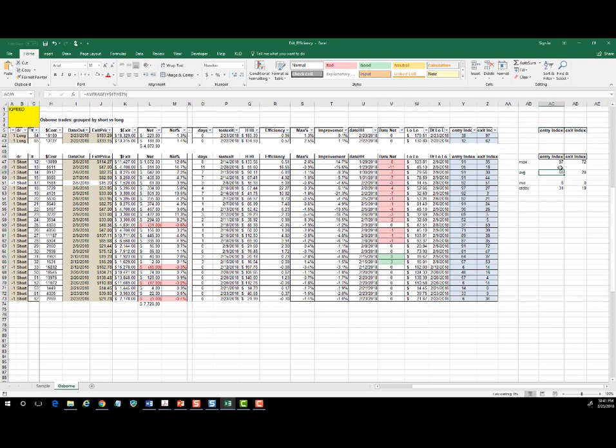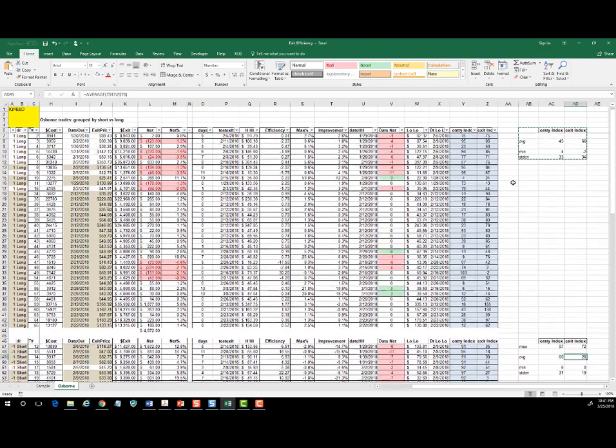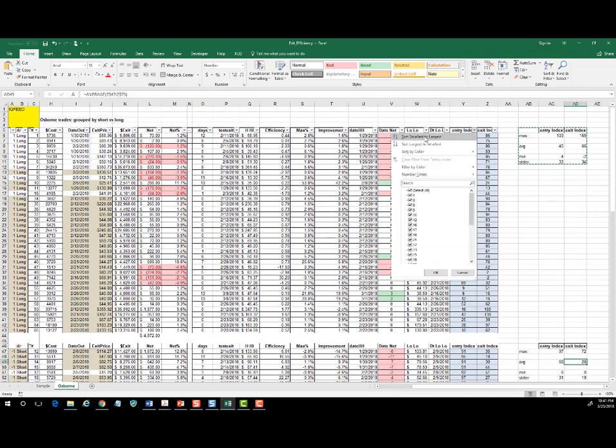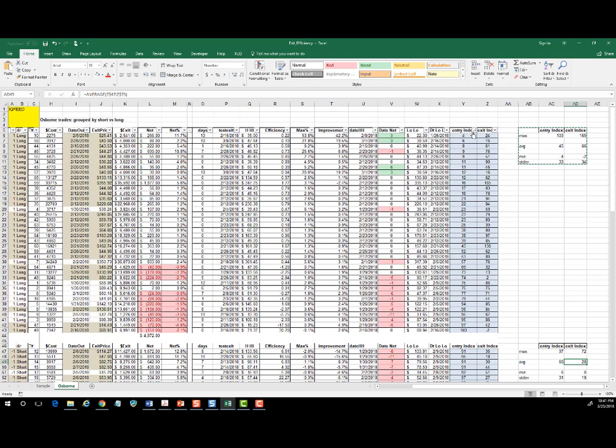There's 34 points available above his entry, so maybe some slight improvements possible on entering just a little bit sooner, but his capture rate is really excellent. So what we would do here is we would want to take a look at, on the long side, what we could do now is, if you wanted to study the entries, you could now sort this by